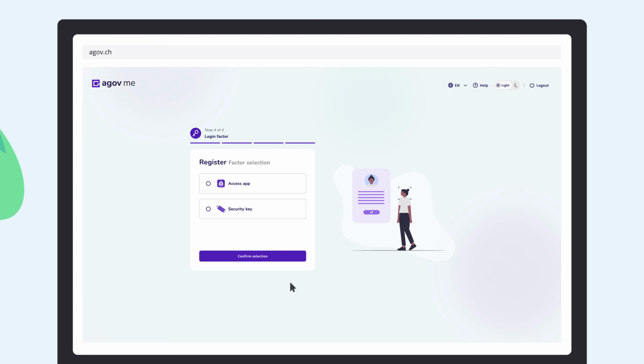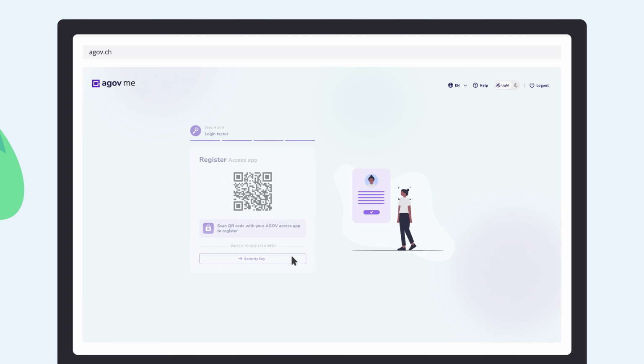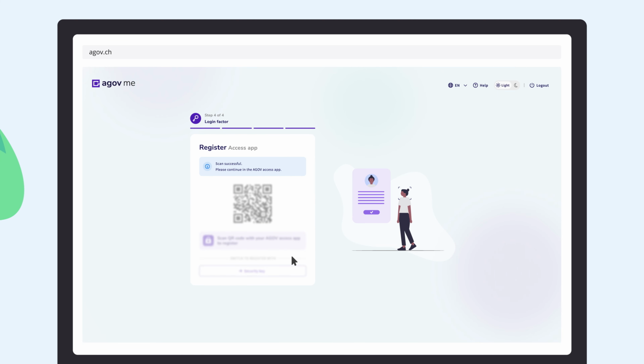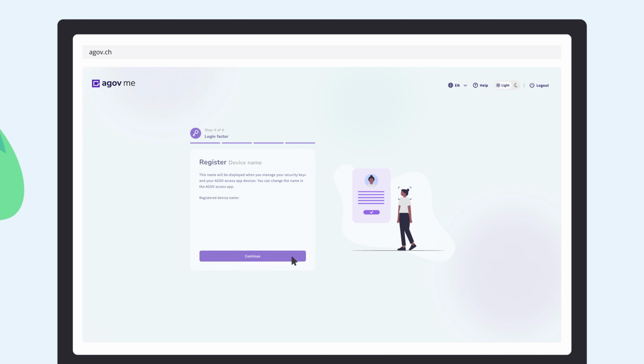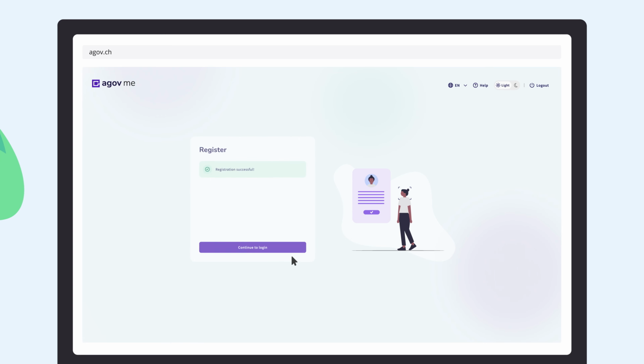After downloading the free app from the Apple App Store or the Google Play Store, you link the app by scanning the QR code. The link will only be successful if your smartphone has biometrically recognized you as the owner. You can give the login factor a name so that you can distinguish between multiple ones. Your AGOV ID is now ready to use.